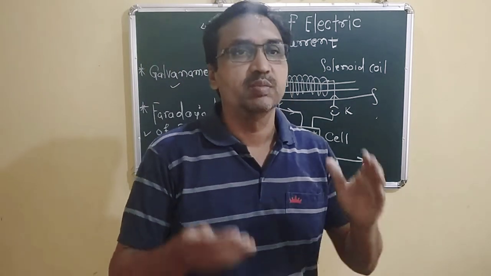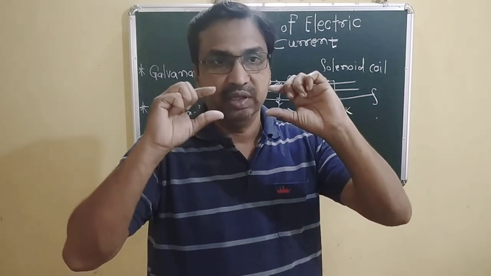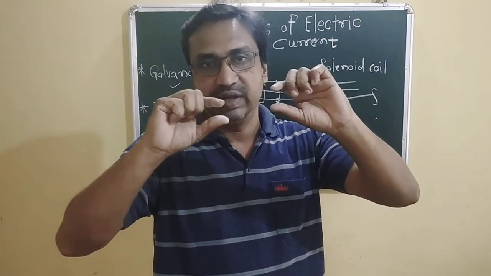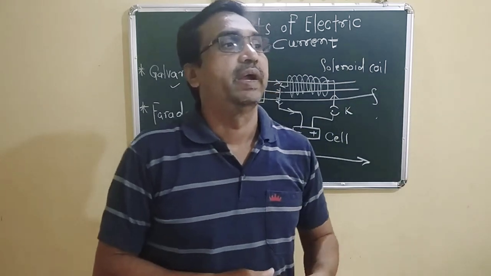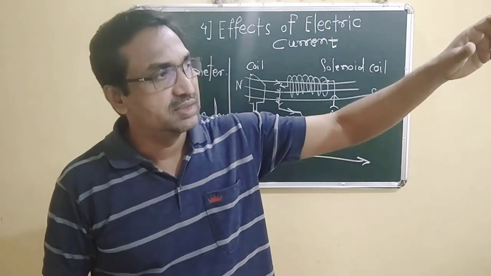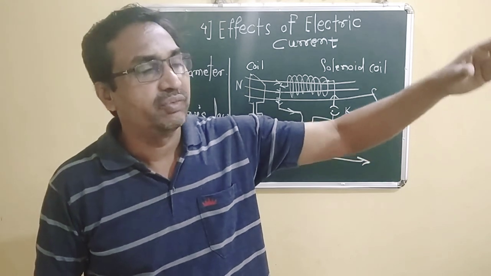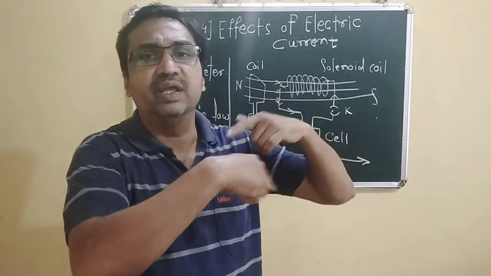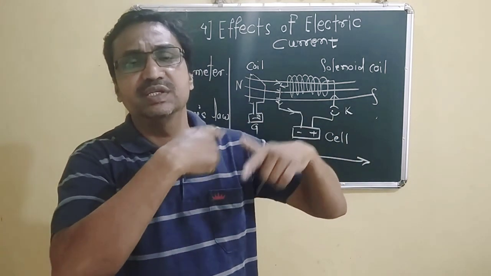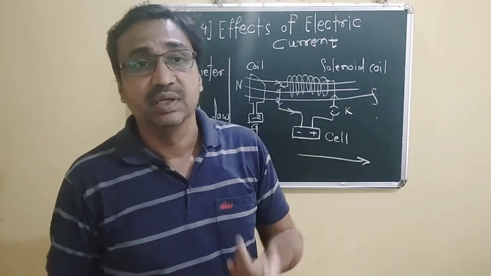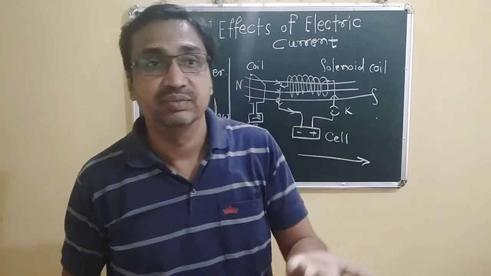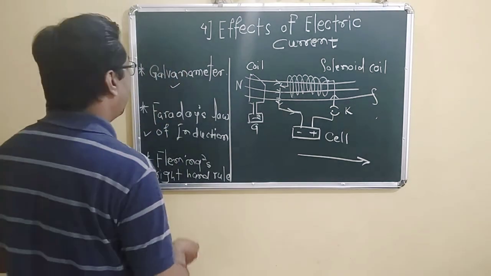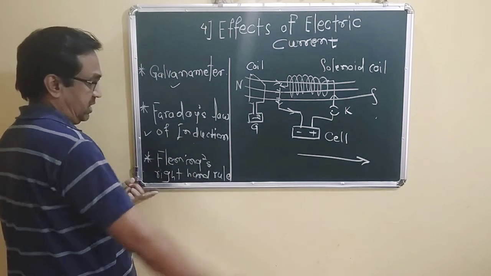Actually, what happens in a magnetic field? In a magnetic field, we can easily see there are a number of magnetic lines of forces. Okay, and if the magnetic material is in contact with, in the surroundings of these lines of forces, and if it cuts the magnetic lines, or it changes the magnetic lines of forces, then there is a creation of electric current. And this thing we have to mention in Faraday's law of induction.